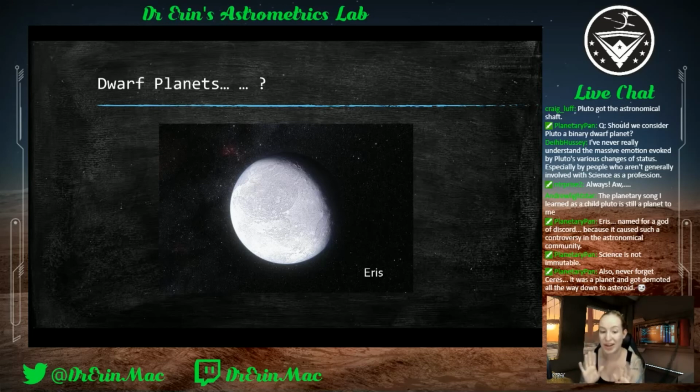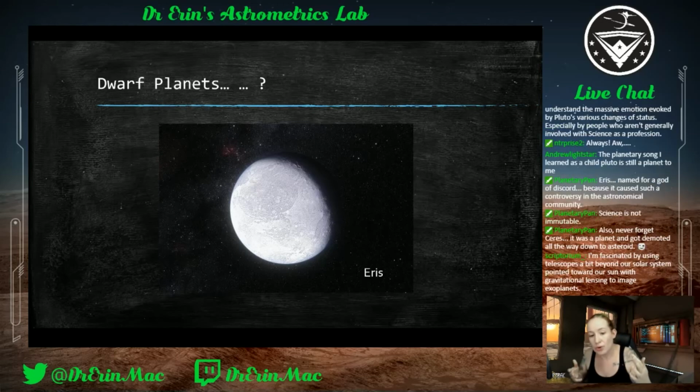Oh no, don't worry, I'm going to get to Ceres too. Because then we have this asteroid belt here that looks similar to the Kuiper Belt, and there are large objects in there too. So we can't just say it's because it's round, right? Because there's other round objects out there. We can't say it's just because of its size, because there's other objects that are its size or comparable.